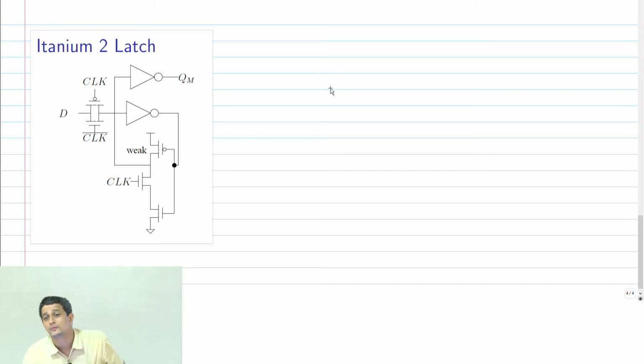Okay. Is it true for both logic states? No. So that's what I'm saying. You have to tell me this analysis now for if D was 0 and if D was 1, what would happen?